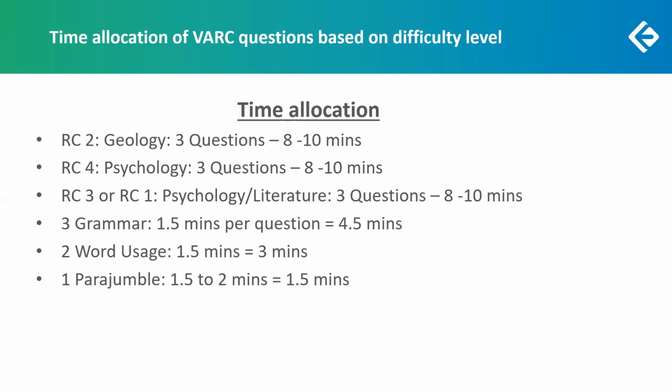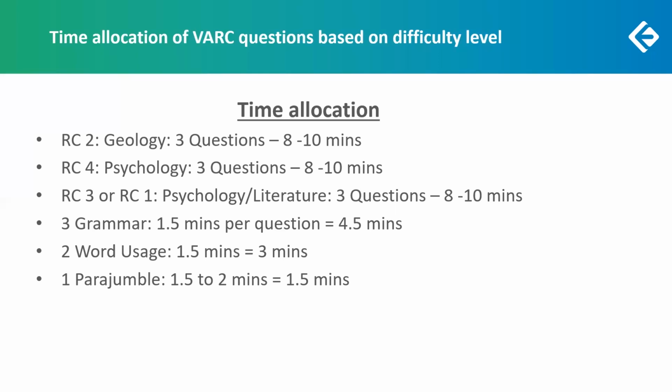Now between RC3 or RC1, that is the psychology one, Skinner's theory of behavior, or the literature one, both of them are quite abstract. It was your pick. Some of you might have gotten into both of these passages, but perhaps your inaccuracy would have come from here. However, you would definitely get into one more passage because the passages were short. That means you have time to get into more questions.